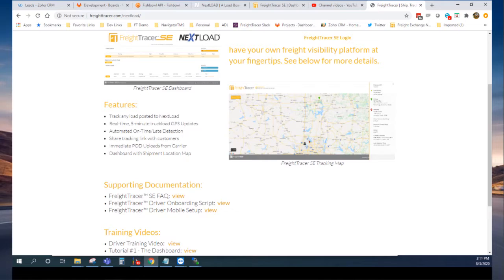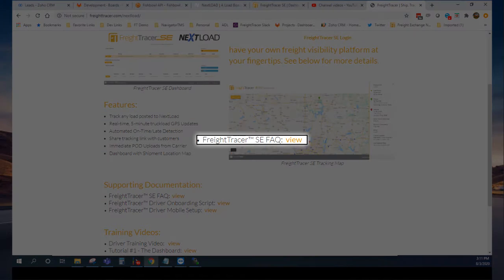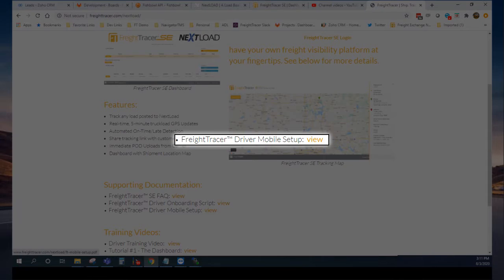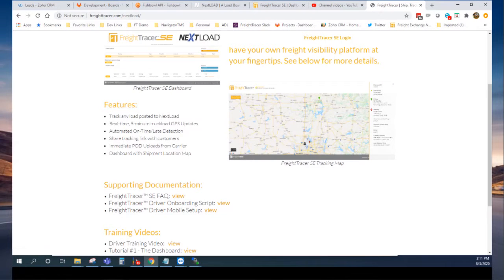We provide you with valuable resources on our website at www.freighttracer.com/nextload. On the FreightTracer SE NextLoad page, you will find supporting documentation containing a FreightTracer SE FAQ, a FreightTracer driver onboarding script, and a FreightTracer driver mobile setup script. All three of these documents provide valuable information that will be critical in delivering the appropriate message to the driver while onboarding them. Please visit the website to view this documentation prior to dispatching any driver on the FreightTracer mobile